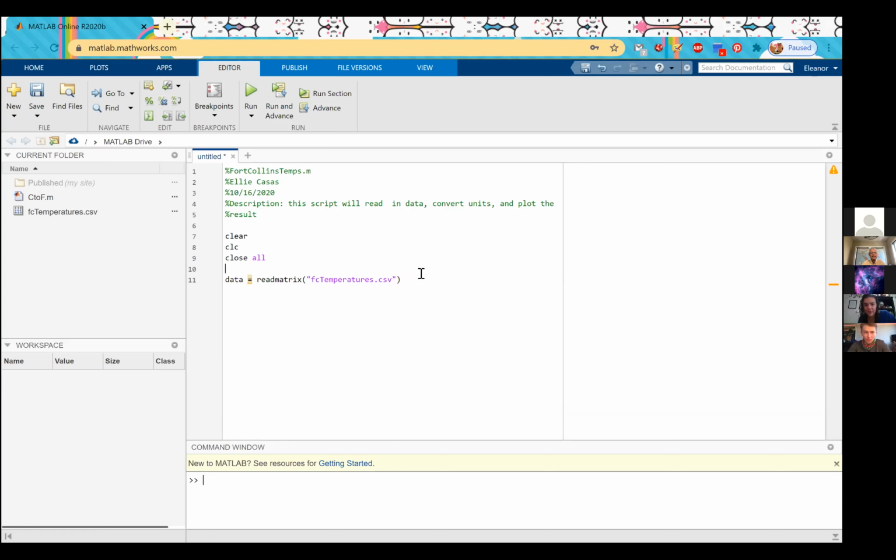Otherwise, when you click run, you're going to see a hot mess in the command window. So we have read in our data. I also want to be good with commenting in my code. This is something that everyone always struggles with, even seasoned professionals, and you want to make it clear what you're doing. And so data is composed